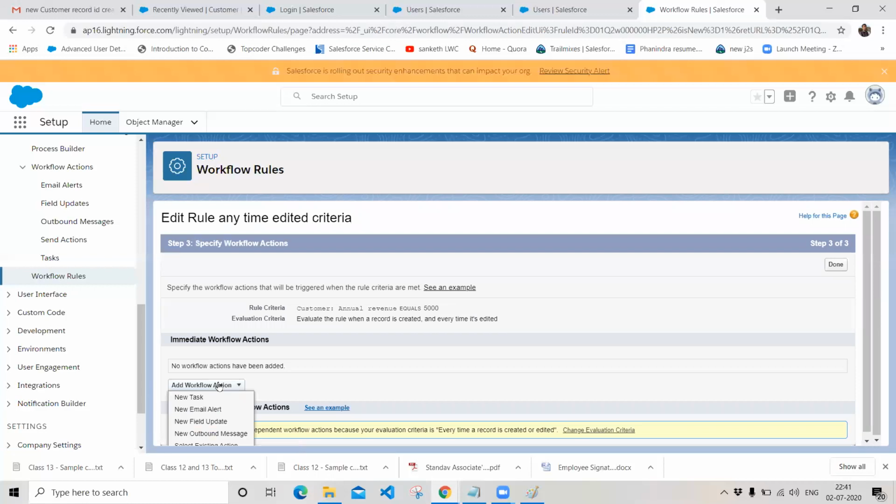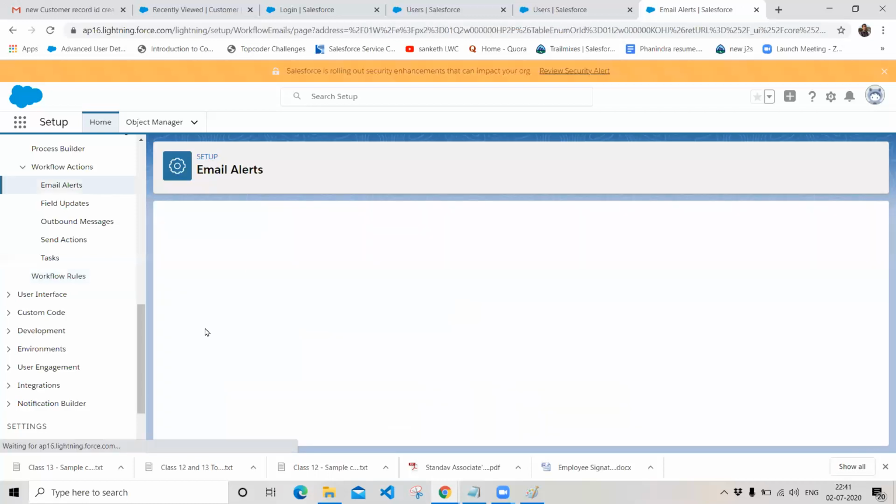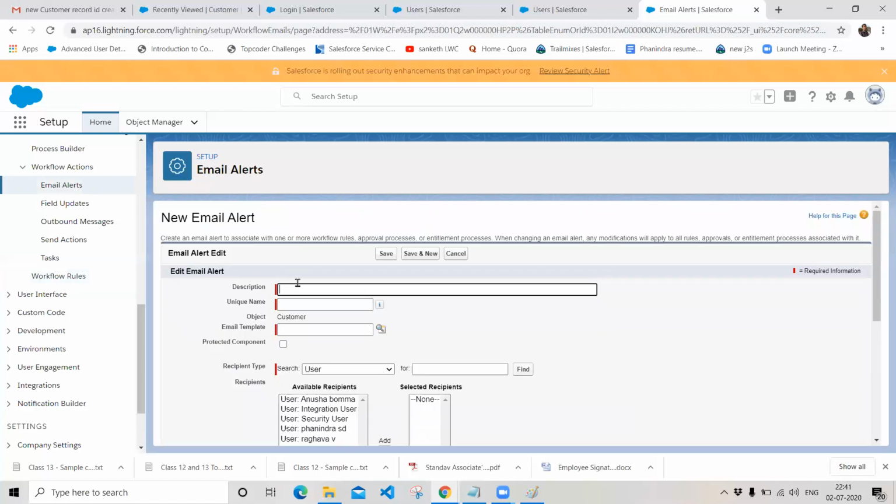and choose your action. I want to send an email alert. This is the name of the email alert I have given, and choose your template.